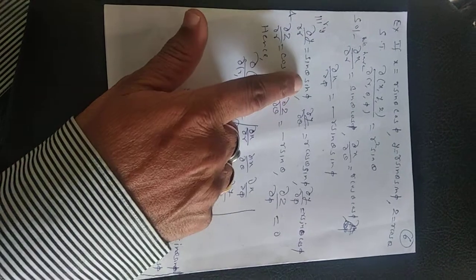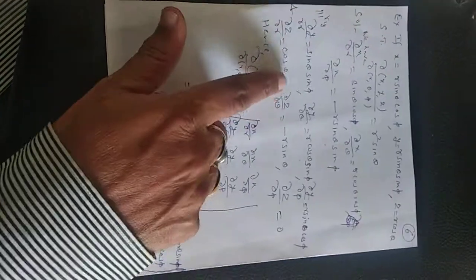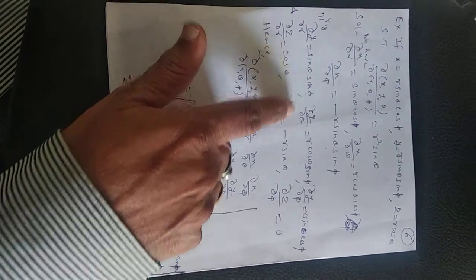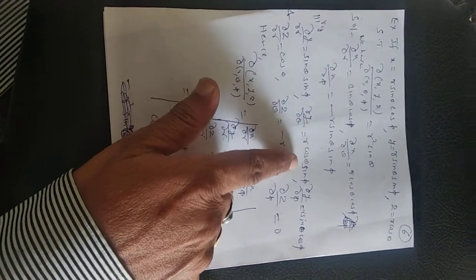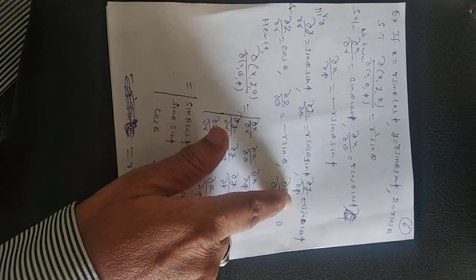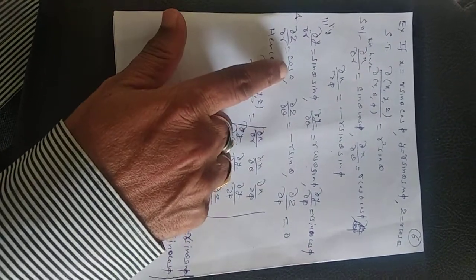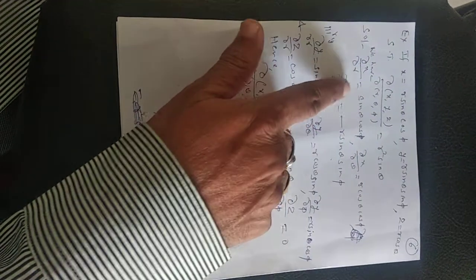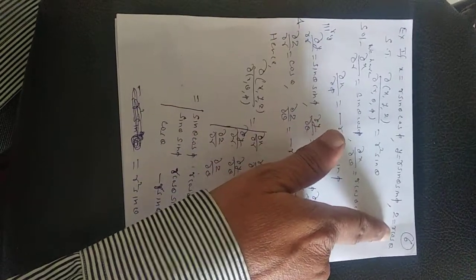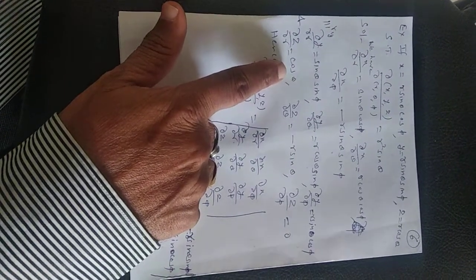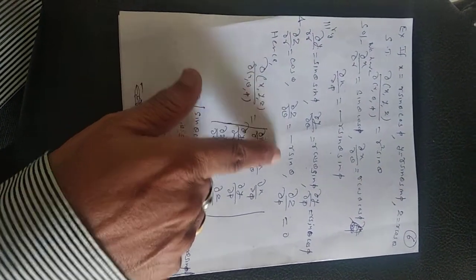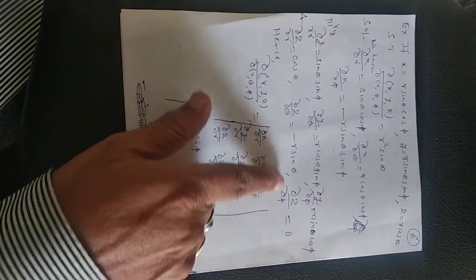Similarly, dou y by dou r, y is this one. Dou y by dou r is sin theta sin phi. Dou y by dou theta is r cos theta sin phi. Dou y by dou phi is r sin theta cos phi. And dou z by dou r, z is this one, r cos theta. Dou z by dou r is cos theta, dou z by dou theta is minus r sin theta, and